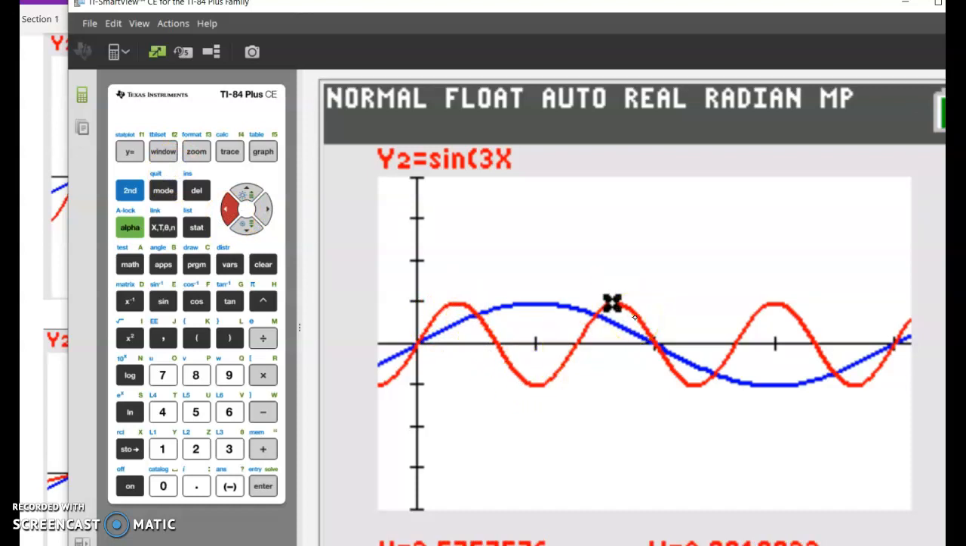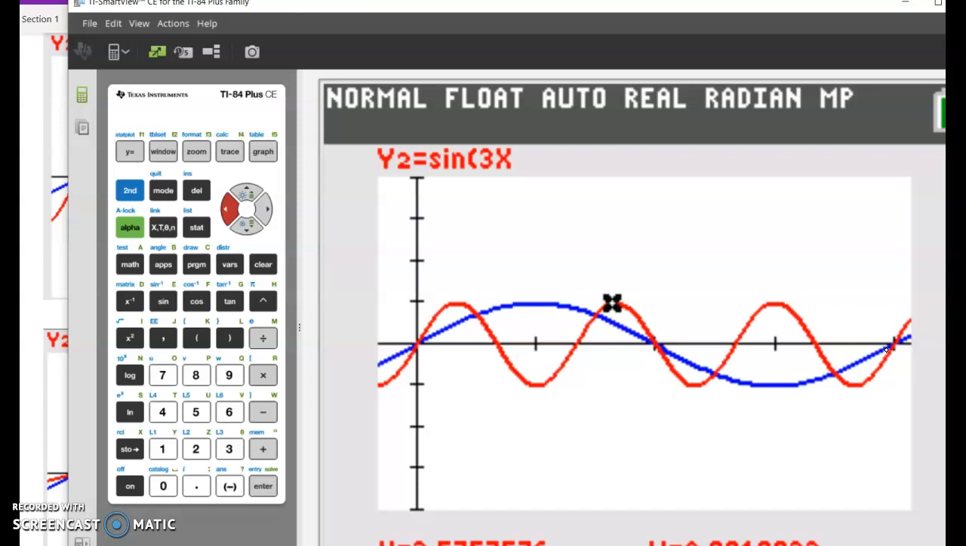Yeah, there's a horizontal compression. In fact, I like to say this sine of 3x has 3 times as much fun as the sine of x in the same amount of time. Right? So you can see 3 cycles. Here's 1, here's 2, here's 3 of the sine of 3x in the same interval over which we see just 1 cycle of the sine of x. Okay? So the coefficient of x in this case gives us 3 times as many cycles, 3 times the fun